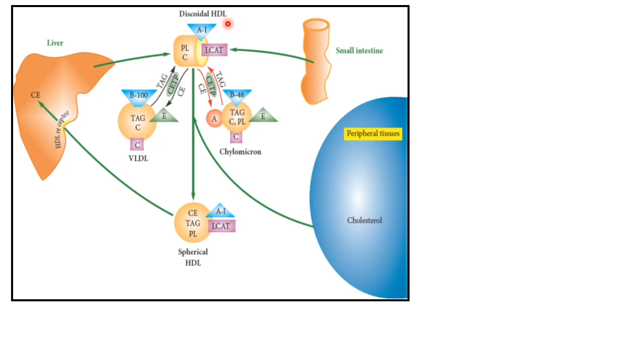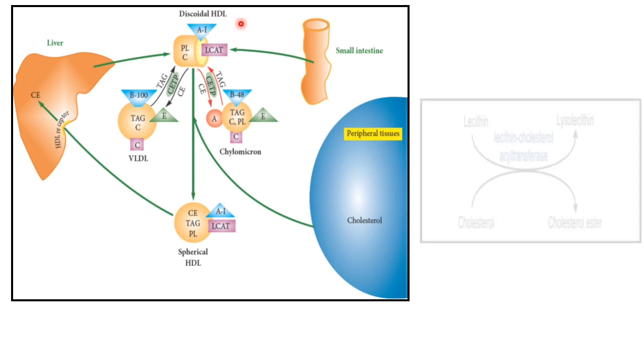This HDL supplies apoprotein E and apoprotein C to the VLDL and chylomicron, and when uptake of cholesterol occurs from the peripheral tissues and other lipoproteins, the free cholesterol present in the HDL is esterified by lecithin cholesterol acyltransferase within the HDL. This lecithin cholesterol acyltransferase is activated by apoprotein A1, which is the component of high density